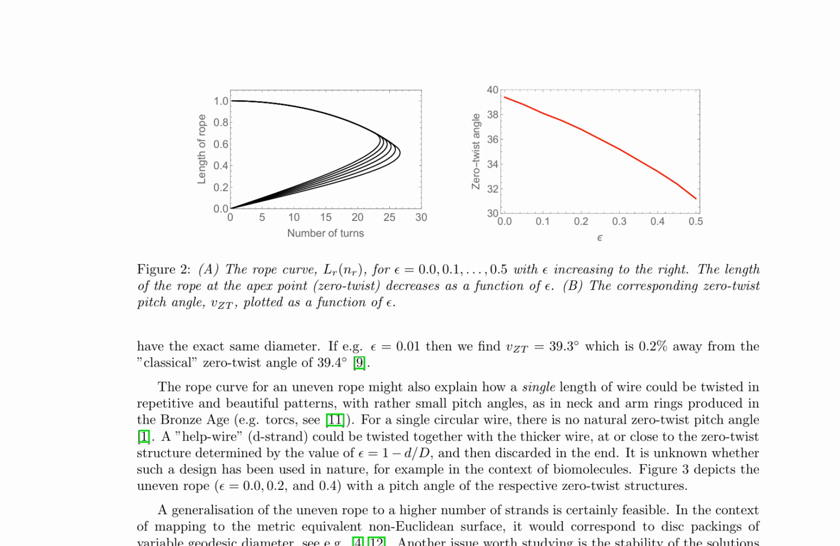It is shown that as the difference in strand diameters increases, the length of the rope at the apex point decreases, and the zero twist pitch